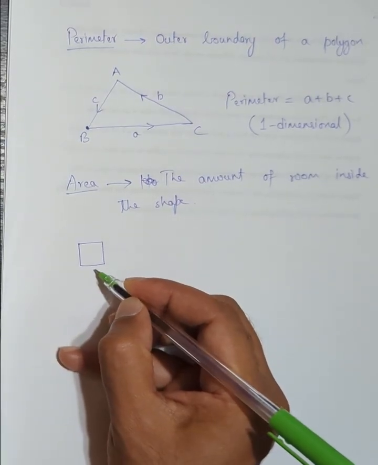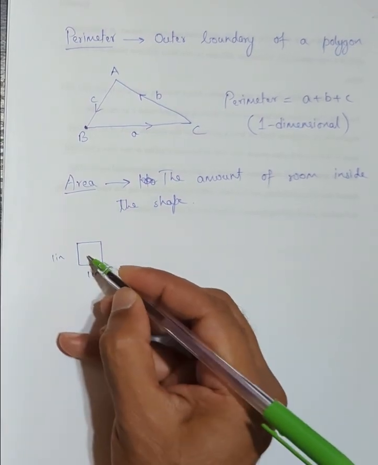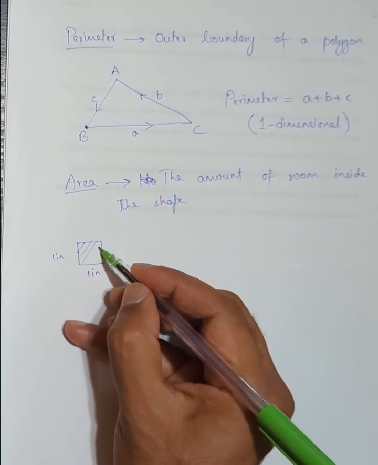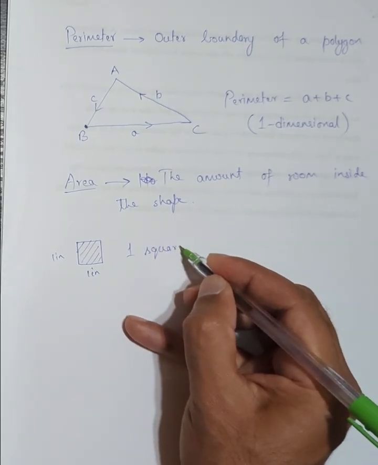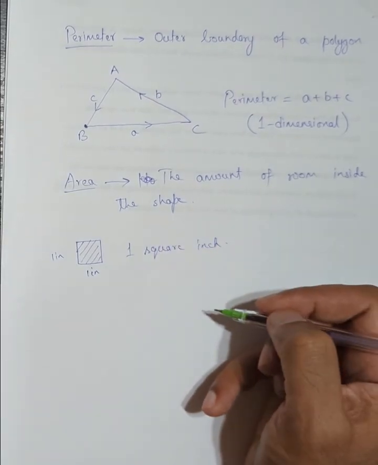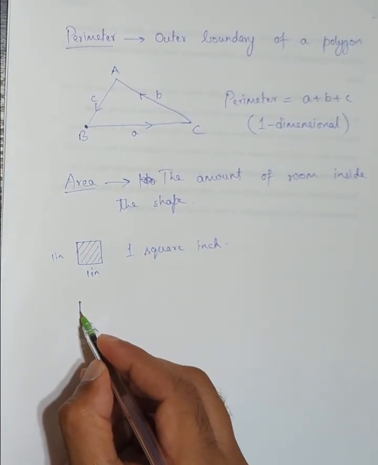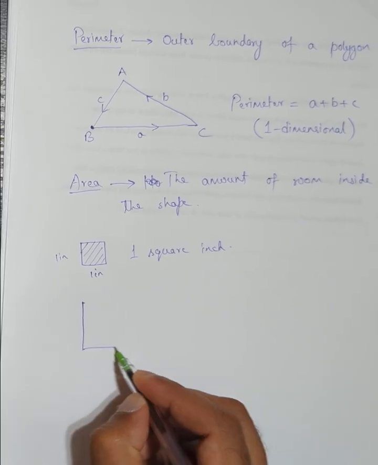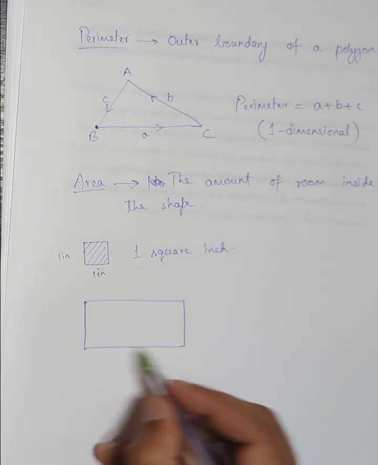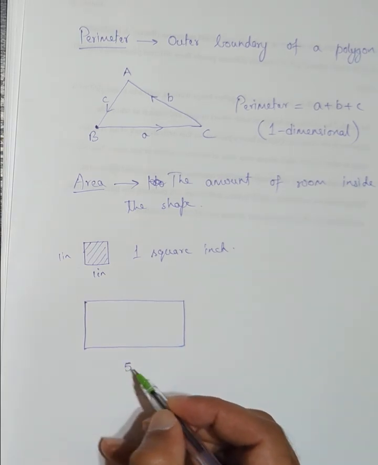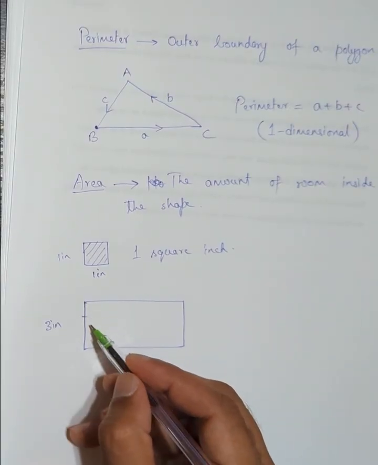So say you have a square, and since all the sides are equal in length, say this is 1 inch, and so is this 1 inch. Then the area inside is called 1 square inch. And let's look at area of a rectangle with different side lengths. So say this is 5 inches and this is 3 inches, which means you can split this dimension,